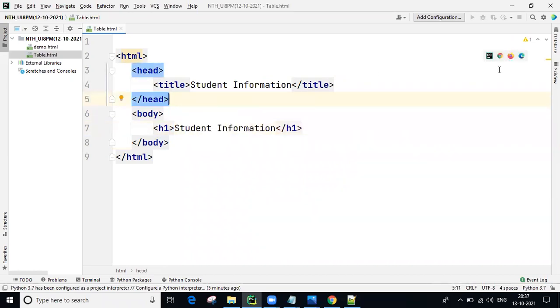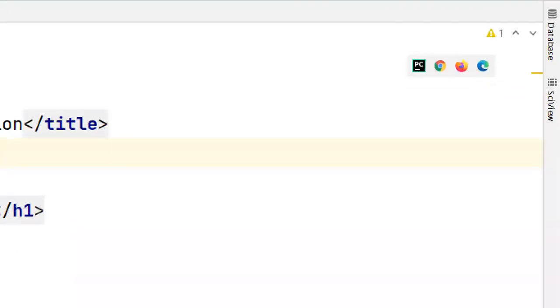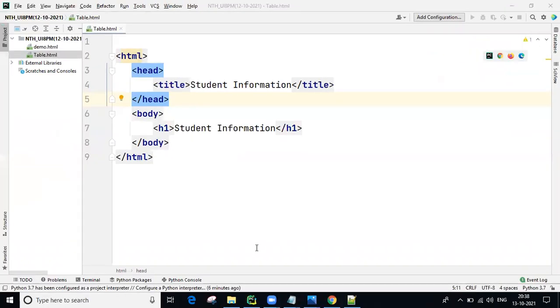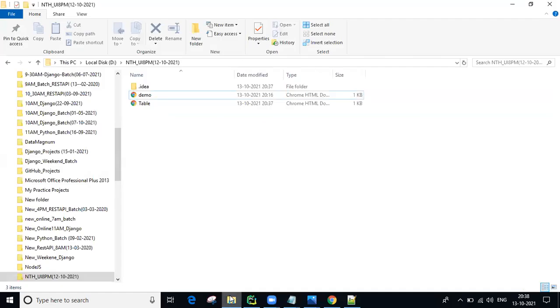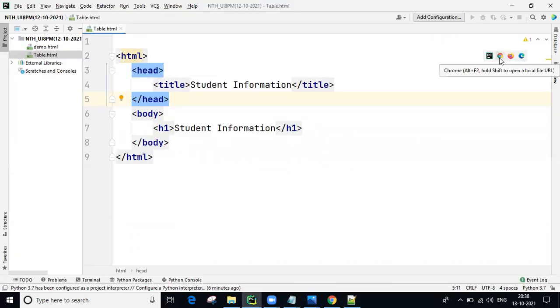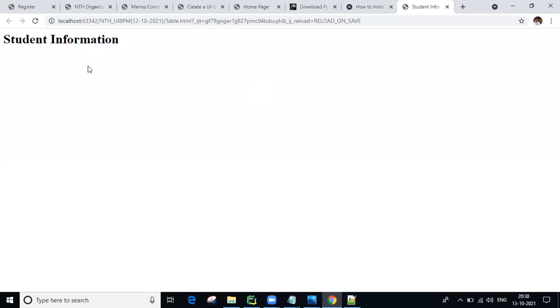After writing here, you can see, guys, in this place there are some browsers: Google Chrome, Opera, Microsoft Edge. I mean, this is Mozilla, not Opera. So like Opera, there are so many, guys. Whatever browsers you installed in your system, the whole list is displayed here. Previously, how did we execute? After saving the code, go to the folder location and double click, and get the output. No need to do that. Here you are developing, just click on this browser, guys. Then automatically you are going to get the output.